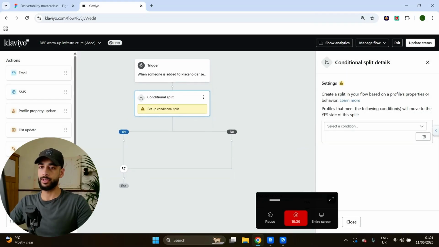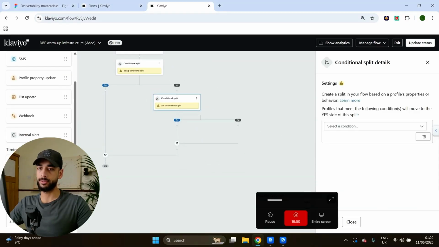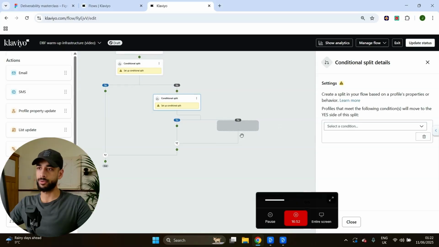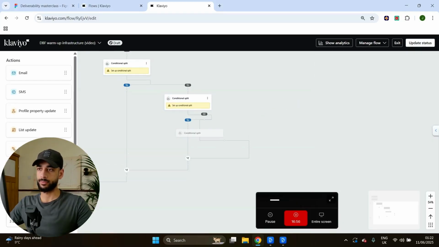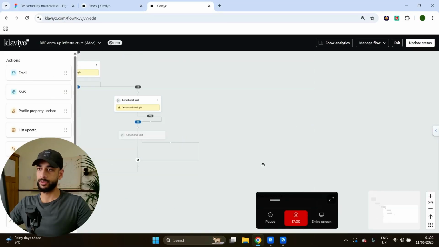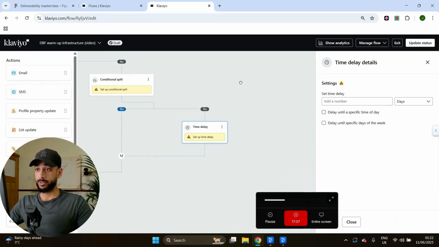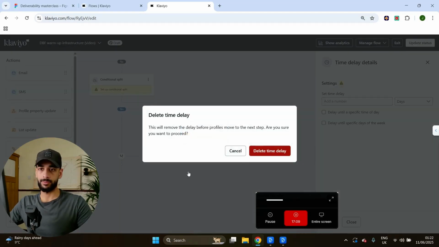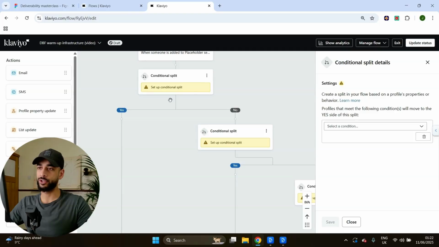Okay, and then add more conditional logic splits on the no path. Okay, and add 6 conditional logic splits. So we've got 2 already, 3, 4, 5, 6. Oops, that's a time delay. Add a conditional logic split. Alright, and then on top of each